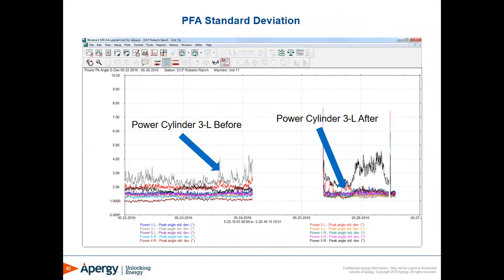more and more. The standard deviation of the peak firing angle of cylinder 3L is also higher than the other cylinders. This indicates that the peak firing angle is moving back and forth during the 30 cycle